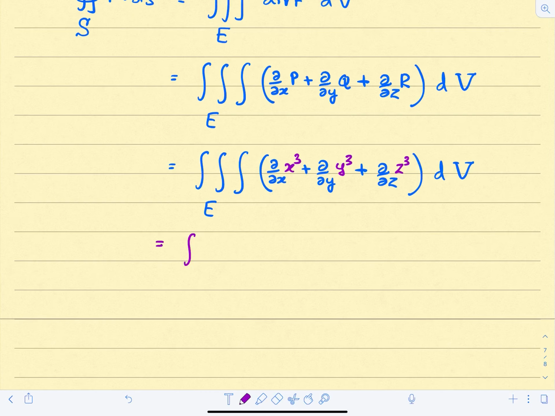Now, if you evaluate these three partial derivatives, you will get 3x squared plus 3y squared plus 3z squared dV